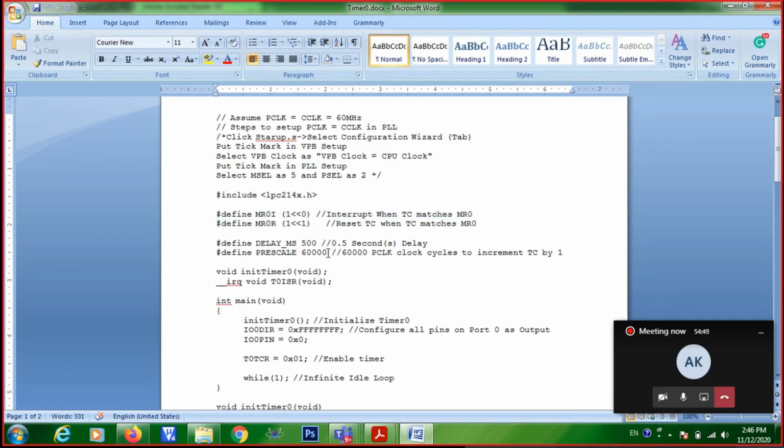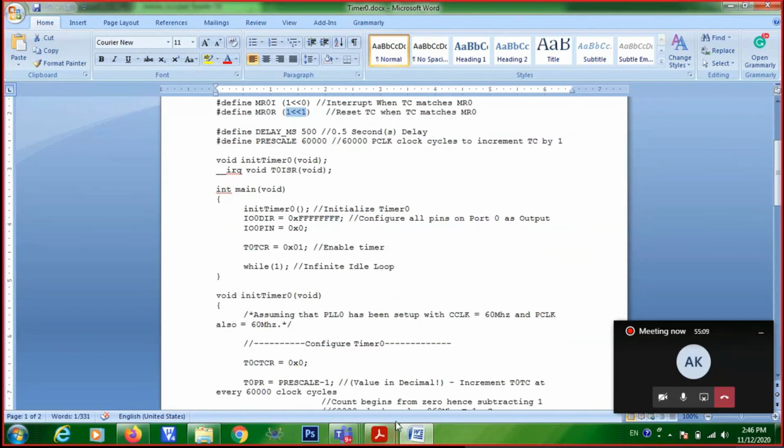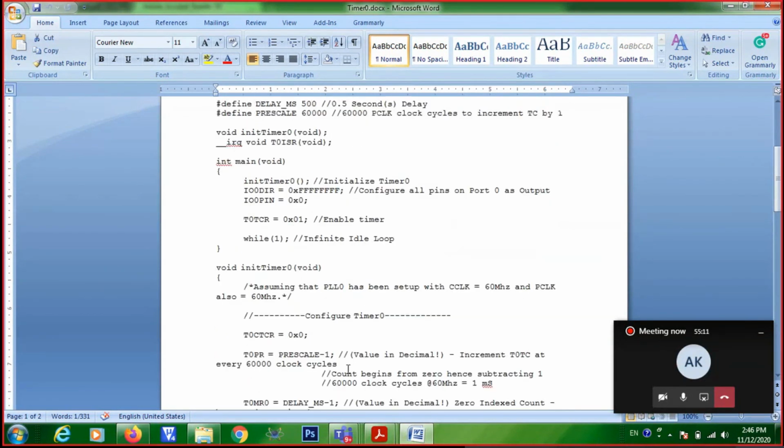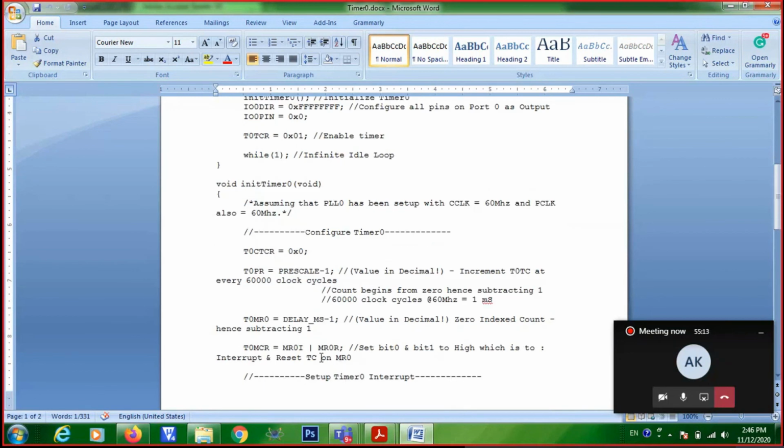Because if you are setting and clearing bitwise, it will be difficult for somebody else to debug the program. So when you are writing bigger programs, you will be writing only generalized programs, and all these #defines will be defined initially, so that you need to change only here. You don't need to touch the program. But if you are writing the other way around also, it will work, no problem. But this is a more generalized way of writing.